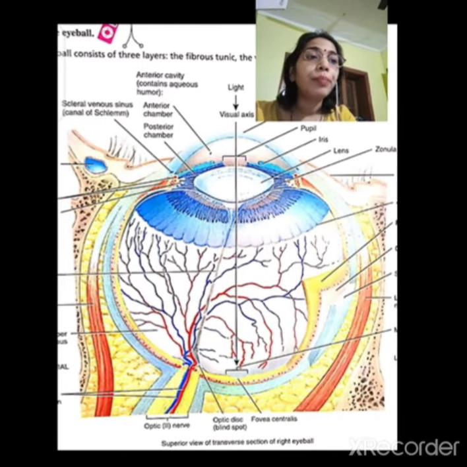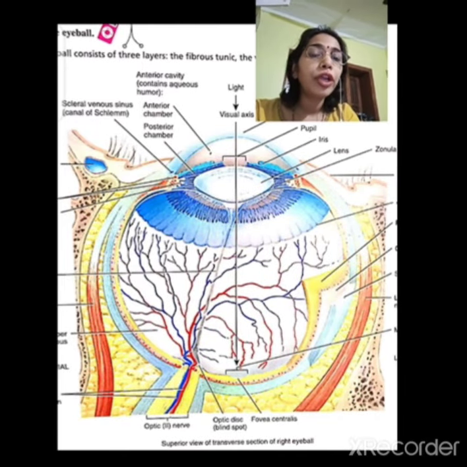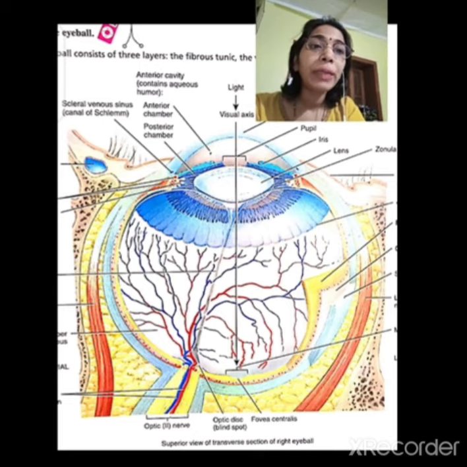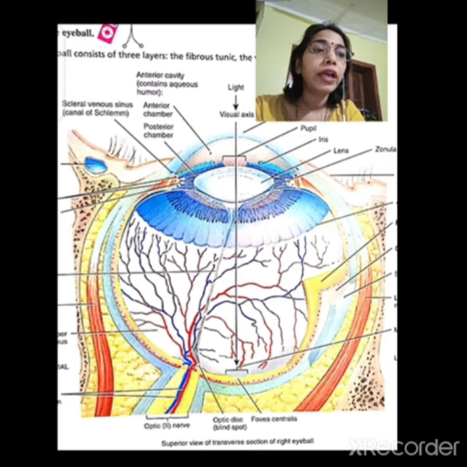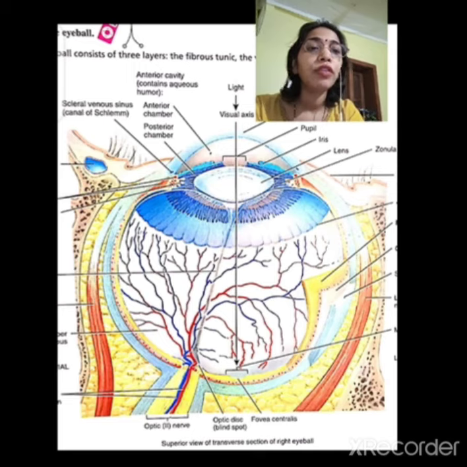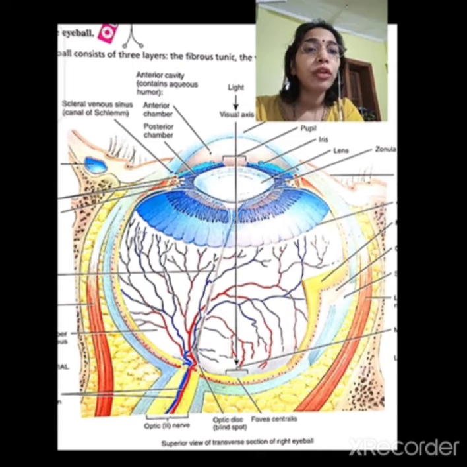Now, the choroid also contains melanocytes that produce the pigment melanin, which causes this layer to appear dark brown in color. The melanin in the choroid absorbs stray rays, which prevents reflection and scattering of light within the eyeball. As a result, the image cast on the retina by the cornea and lens remains sharp and clear.